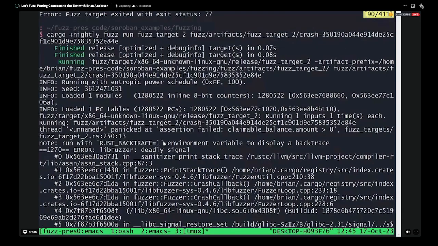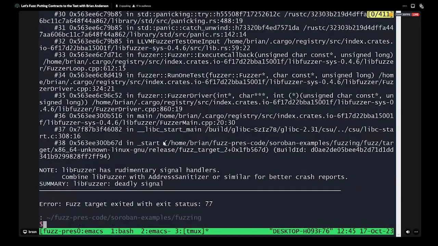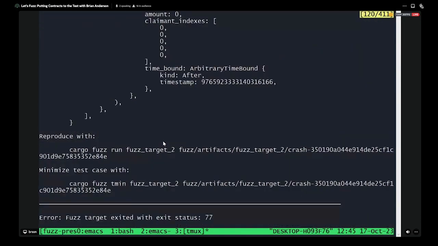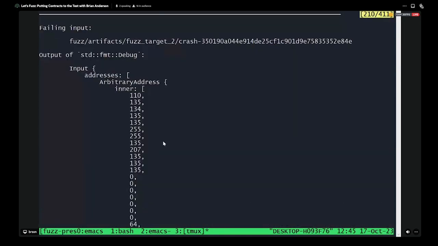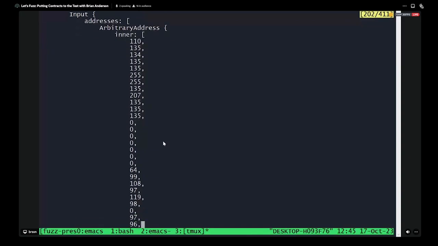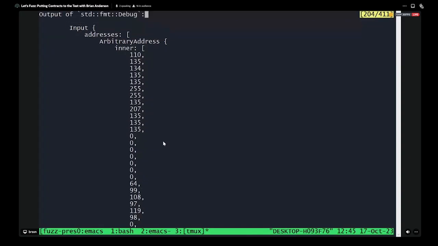One thing to note is that when I do the repro, I don't get that kind of big brain dump of all the inputs and things like that at the end of it. So this repro only shows me the backtrace. So if I want to see this information, I'm only going to get it once. That's kind of unfortunate. But in the original run that we found the bug, this output here, which is the input to our fuzz tester, this is very useful information, and you're not going to get that again as you do the repro. In this case, I don't think this information is going to help us, but